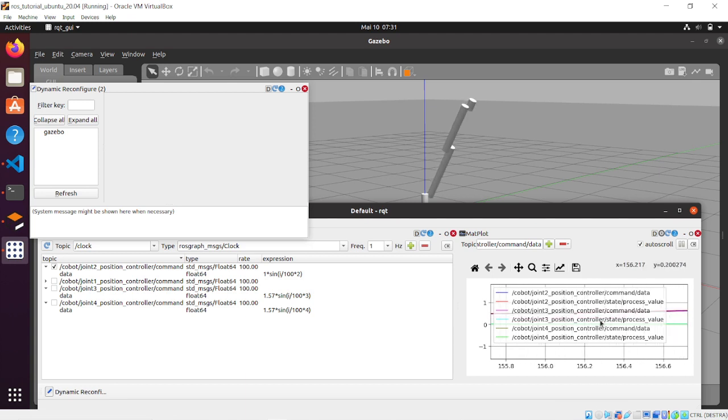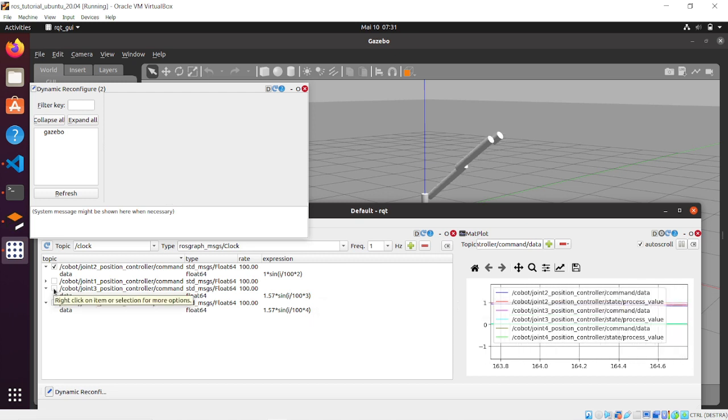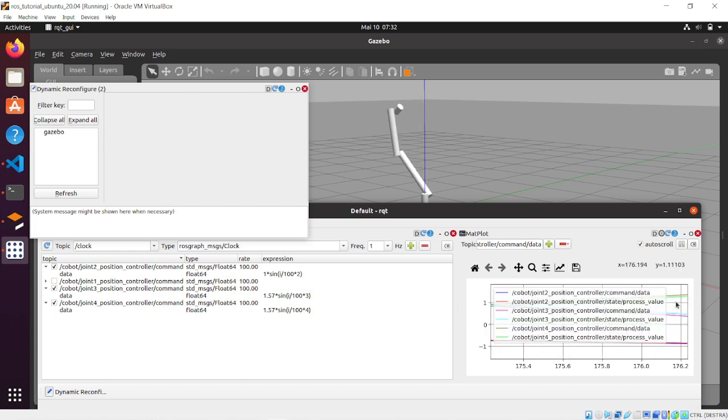So now let's activate the joint 3 position controller. And you can see from the simulation that the joint 3 is moving to plus 90 degrees, and then switch to minus 90 degrees, and then finally we have activated the joint 4 position controller,